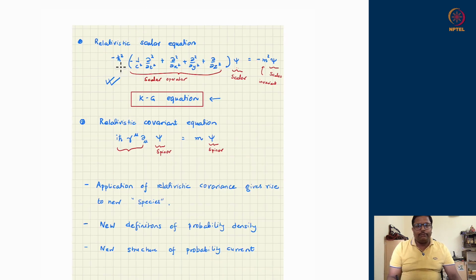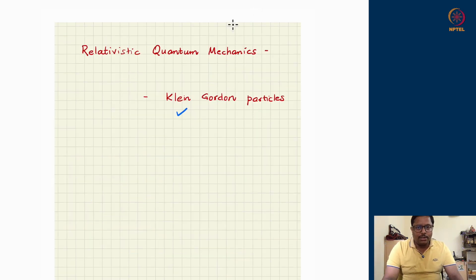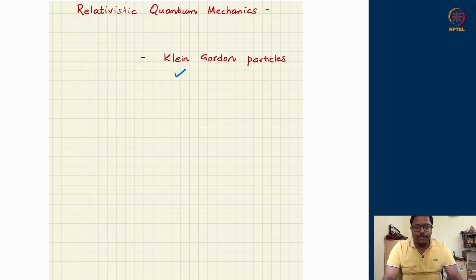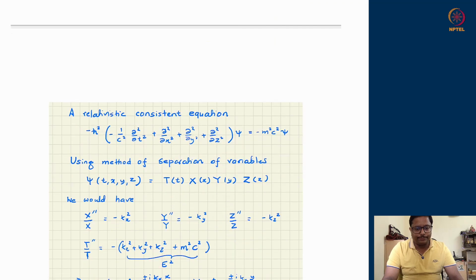So remember, we were trying to find a replacement of the Schrodinger equation, which was first order in time but double derivative in the spatial derivatives, and that was not Lorentz invariant or covariant. Therefore we were after an equation with a manifestly Lorentz covariant structure, and we ended up getting one potential equation, the Klein-Gordon equation, where the D'Alembertian, the double derivative with respect to time and double derivative with respect to space, hits upon the wave function psi. So that is called the Klein-Gordon equation, and in today's discussion, we will be discussing the salient properties of the Klein-Gordon equation. All right.